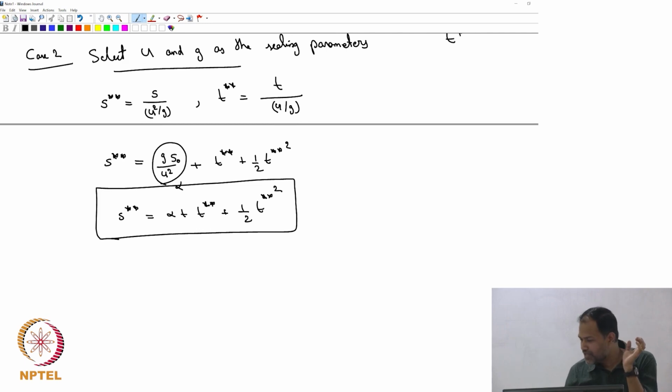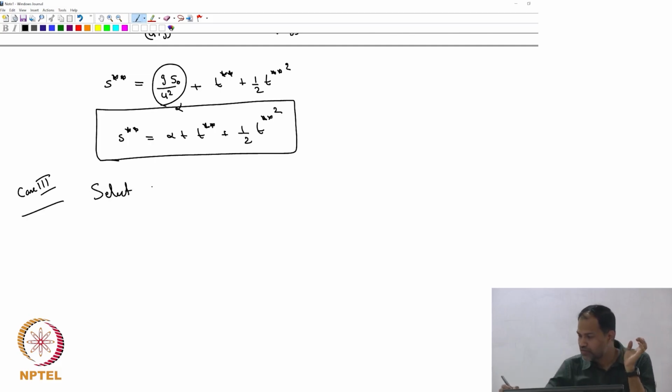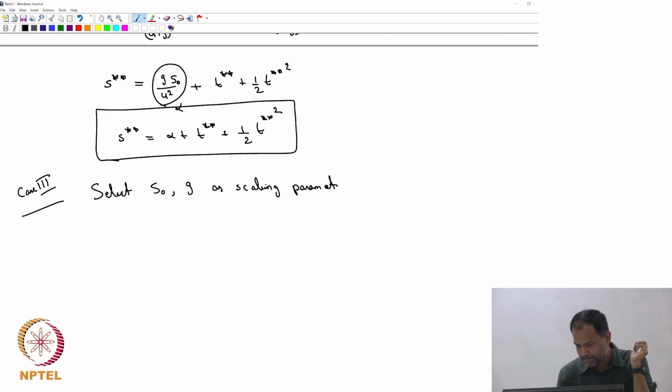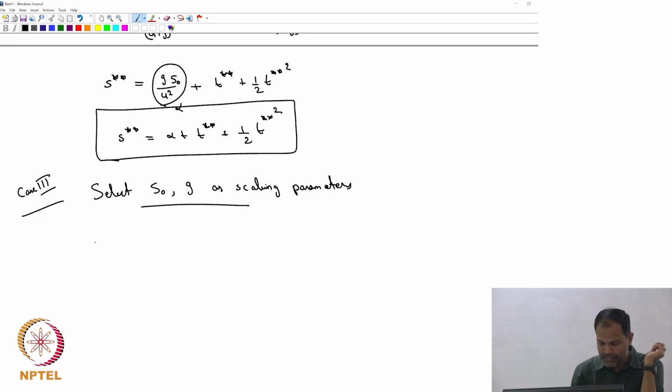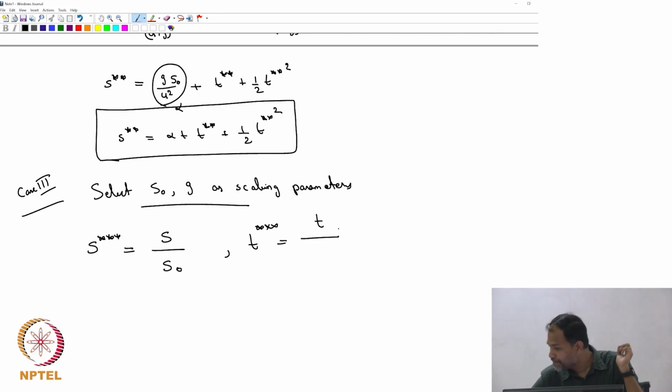Okay, we will do one more and then we will conclude. Case 3, select, what are the ones which are left out now? Select S0 and G, I think. We didn't do that combination, right? As scaling parameters. That means if I define a non-dimensional parameter S triple star is going to be S divided by S0, T triple star is going to be T divided by